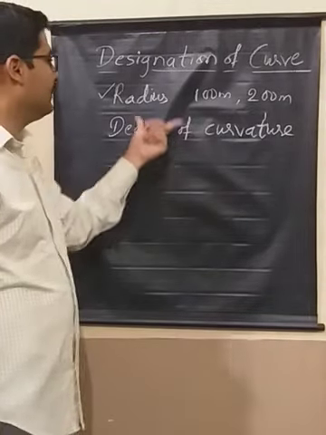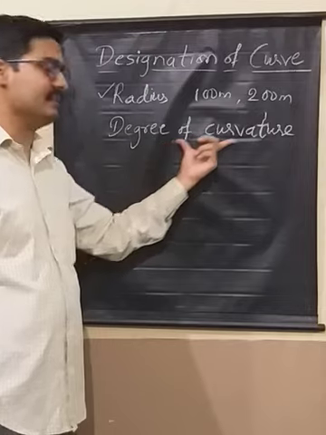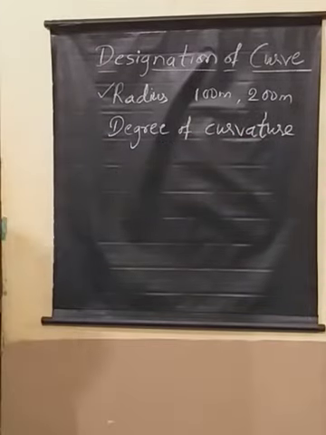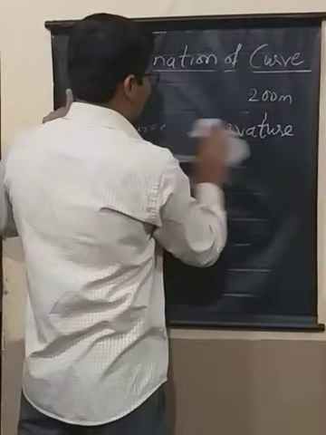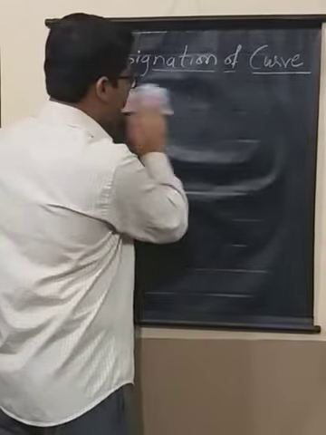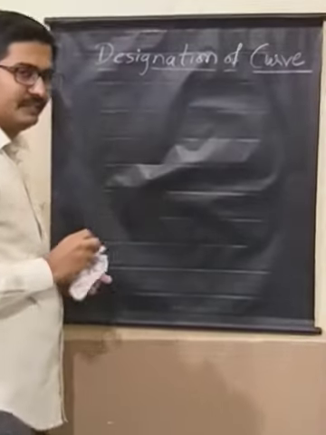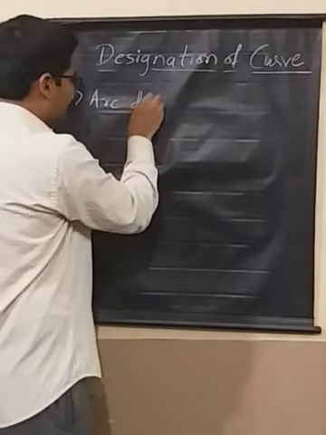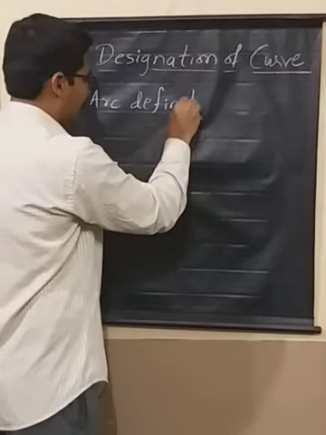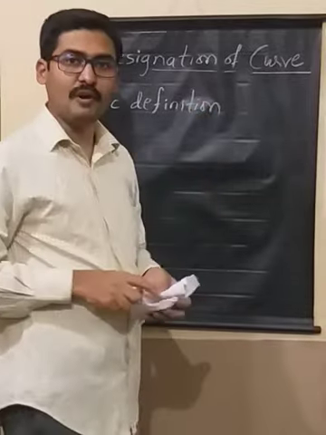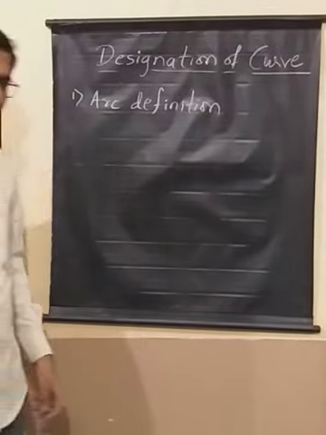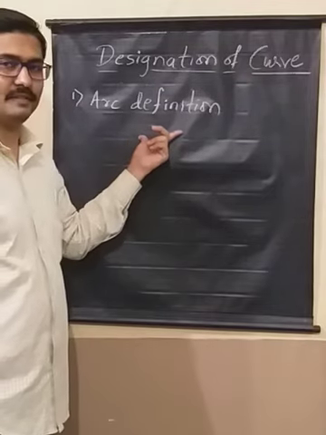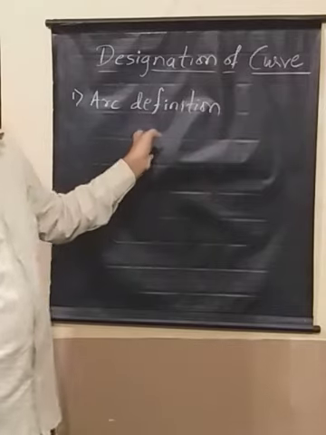Let us see, this is quite easy to understand, and let us see what exactly degree of curvature means, right? To make you understand degree of curvature, and degree of curvature itself has two definitions. One is the arc definition, and another is the chord definition. I am going to tell you what exactly the arc definition of degree of curvature is first, then I will move ahead with the chord definition.